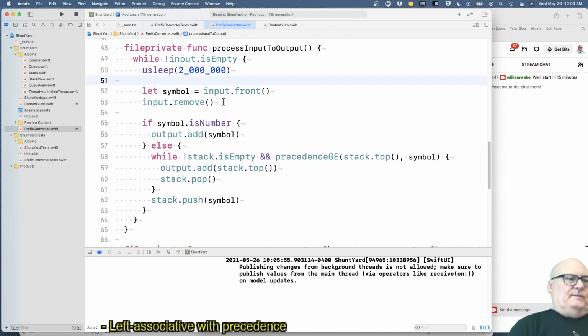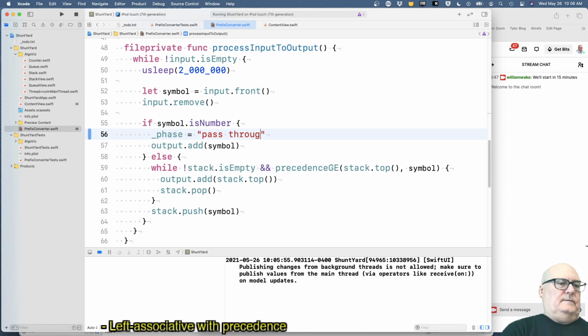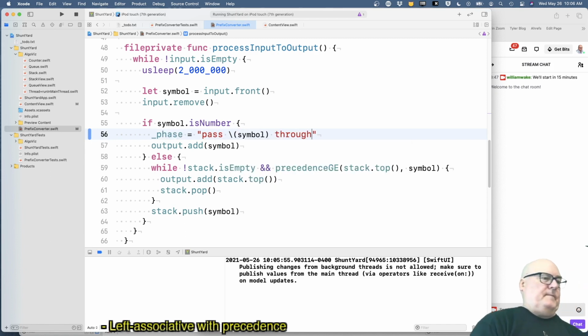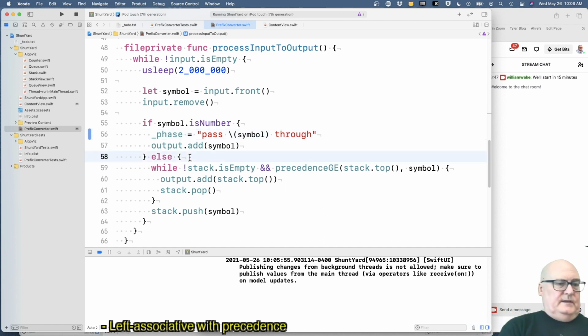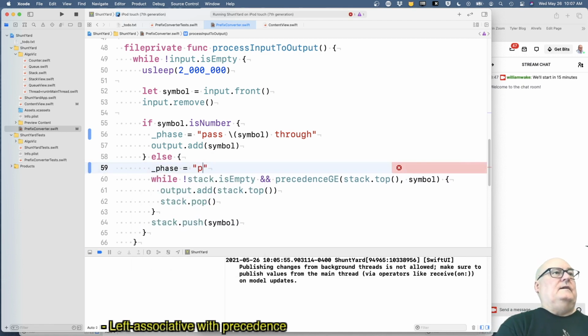if the symbol is a number, then my phase is pass through. How about pass symbol through? I guess I can be explicit maybe. Okay. And again, every loop, otherwise my phase is pop